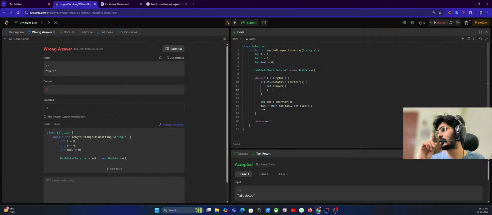Yeah. So at only once it will get removed out of that. So if that character is present,